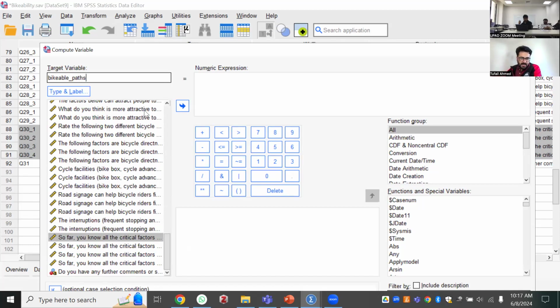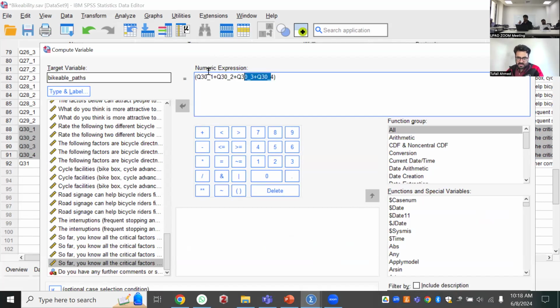Okay, and then I can click variable 1, add them, plus variable 2, add them here, plus variable 3, add it here, and plus my last variable. Because I'm taking an average, I will make sure that my mathematical functions are correct. So if I use brackets, these 4 will add up first, and then I will use divide.